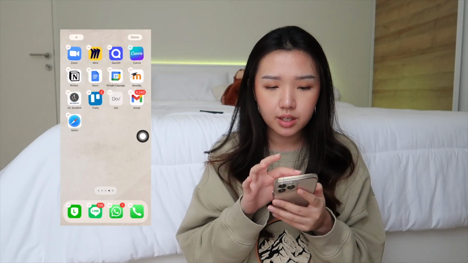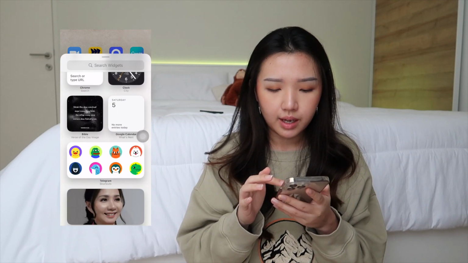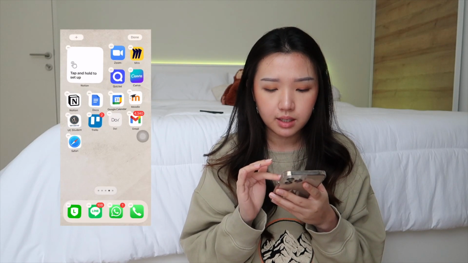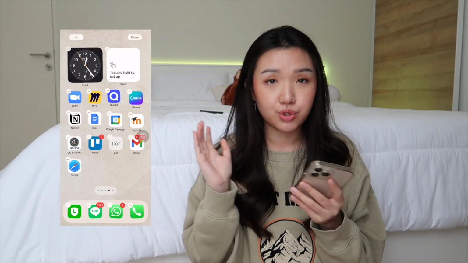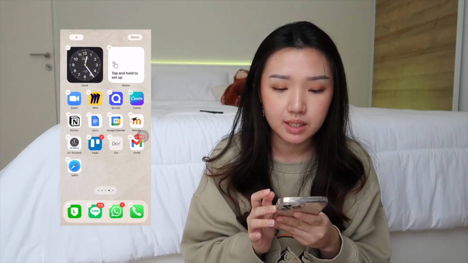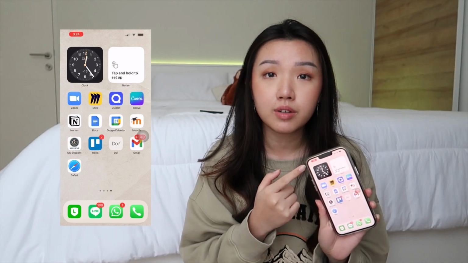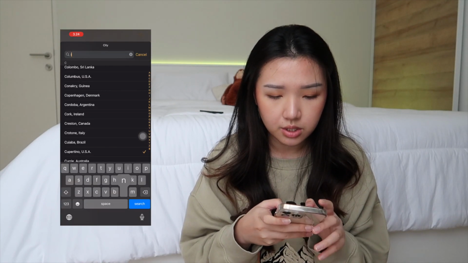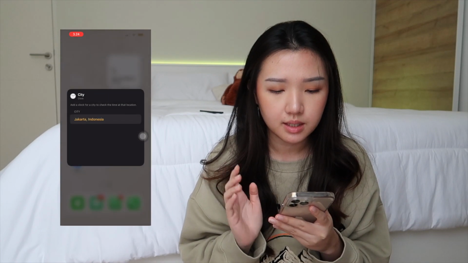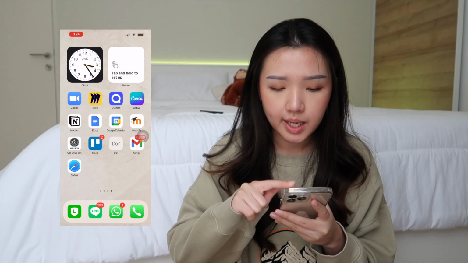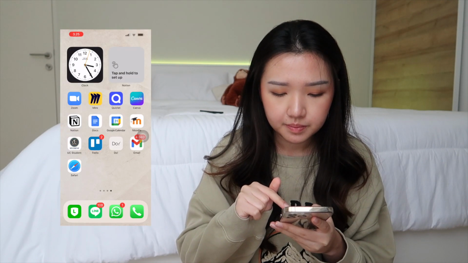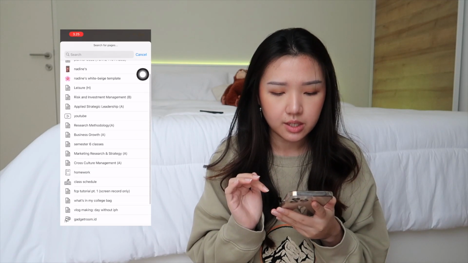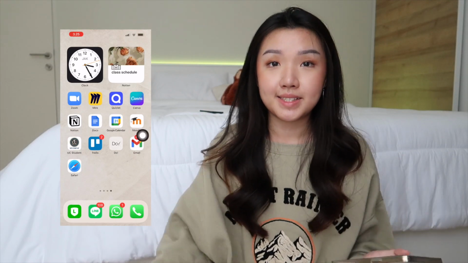So I'm also going to set a new widget that directs me to the classes, and I'm also going to add a clock, just to decorate the page basically, but it's easier if you have the clock on your home screen. And I'm going to change the city into my city, Indonesia. Yes, that's right. And I'm going to set the Notion widget, added widget, choose class schedule. Yes, so